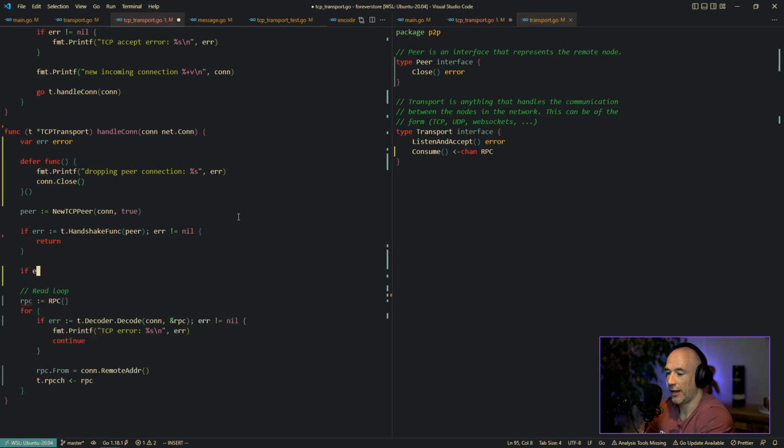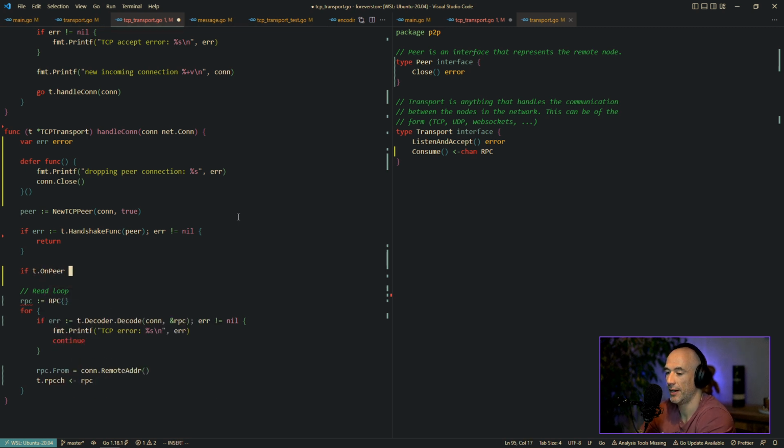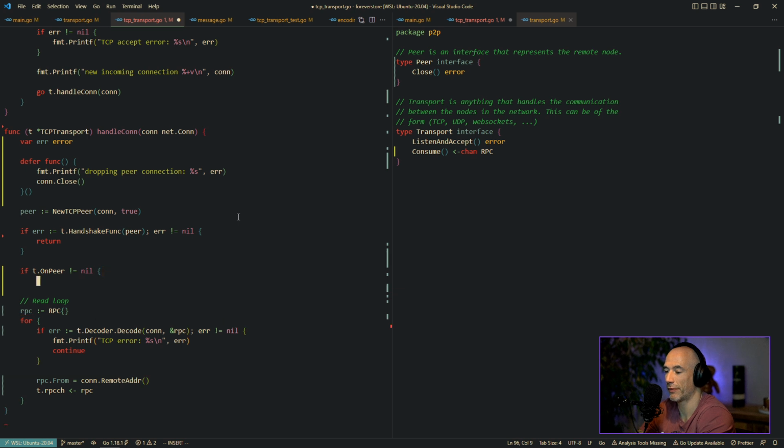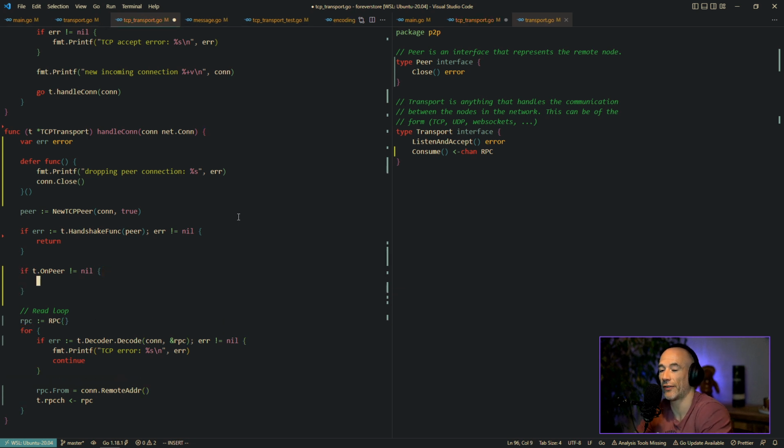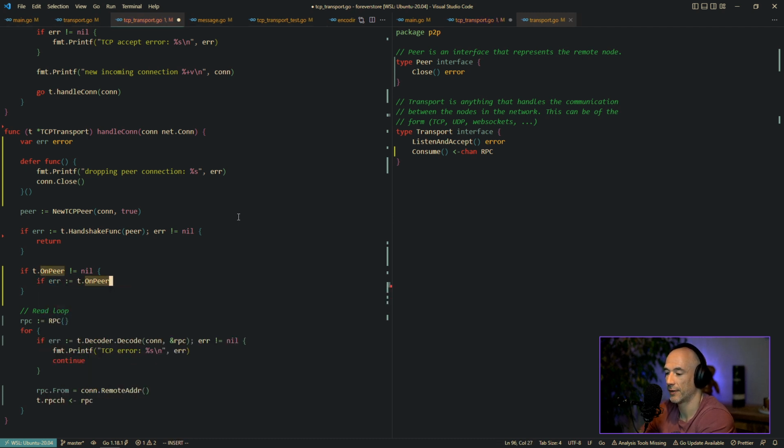And here we could say if error. First of all, we're going to say if t on peer, right? If that's not nil, if somebody provided this function, then we're going to call it. If somebody does not provide this function, then we're not going to call it. But if somebody has provided us this function, then we're going to call it. Then we're going to say if r is t on peer, and we're going to say peer.